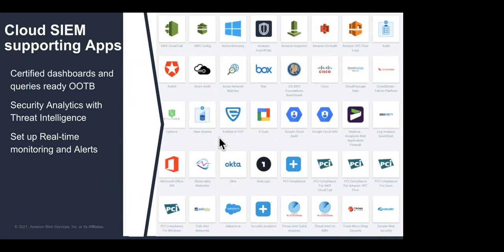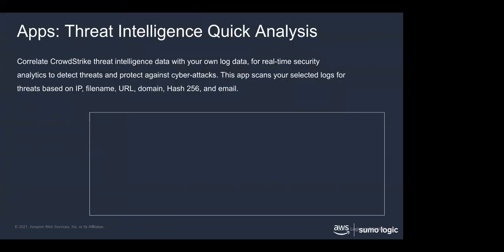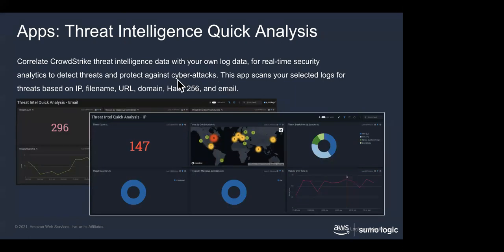Okay. As I said, and I'll show you this in just a few minutes, we've got a whole bunch of built-in out-of-the-box applications. Many of these we have built. Some of these have been built by others. They've all been certified by us, but it allows you to install an application which has a bunch of pre-built dashboards where you can see basically what's going on. And obviously, we've got a whole bunch of AWS applications here that you can use with regards to seeing across your AWS environments and seeing what's going on. And I'd just as soon show you that in real time.